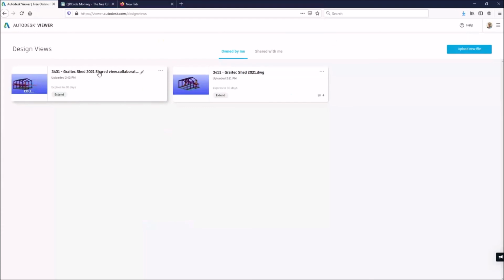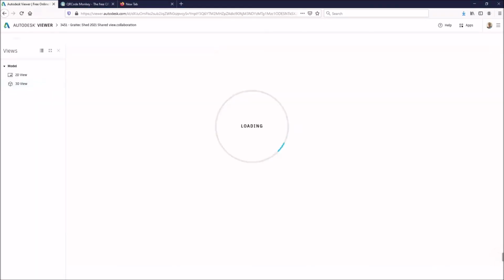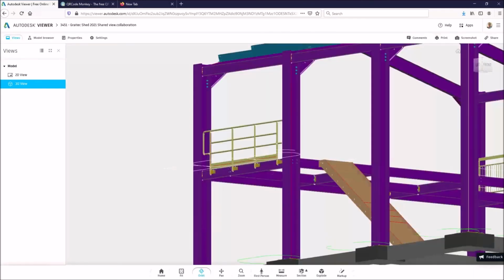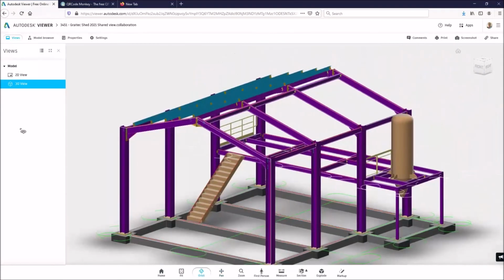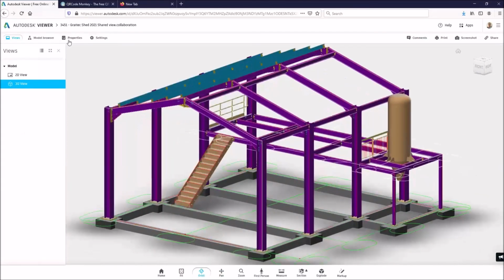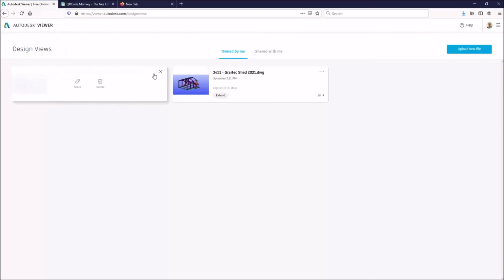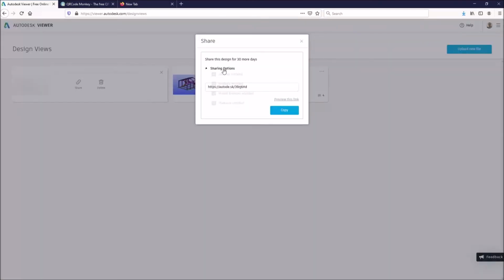Okay, so let's have a look at this one that I did to the shared views. This is where you might have to bring two things together, because the shared views one gives you the option not to share the properties. So you can see in there, I just have AST beam. And then once we've got that uploaded to the shared views, then I would click the share option,